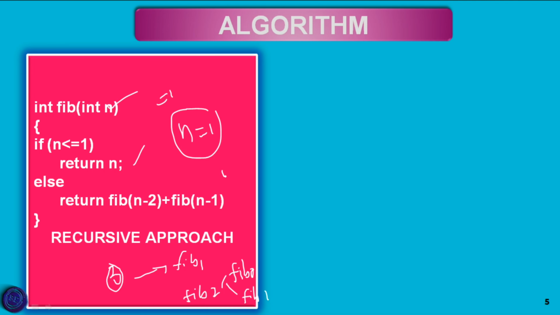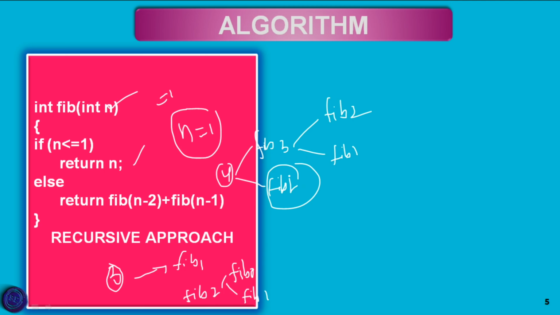So if you are going to find Fibonacci of 4, again you have to calculate the Fibonacci of 3 and Fibonacci of 2. And for finding the Fibonacci of 3, we are going to find Fibonacci of 2 and Fibonacci of 1. So here Fibonacci of 2 is calculated, but in the recursive approach, when the problem is again subdivided, this value has to be recalculated. So the main issue comes here only.